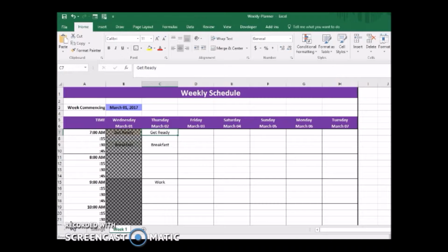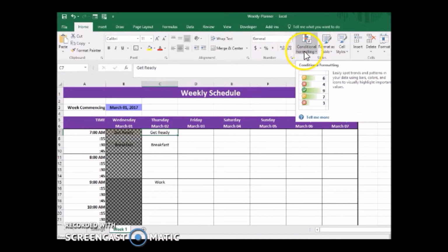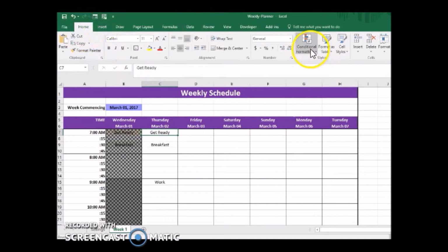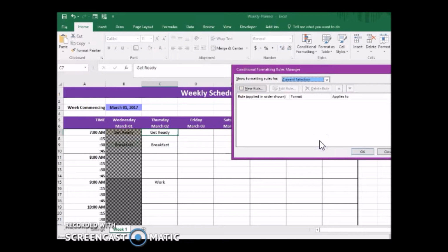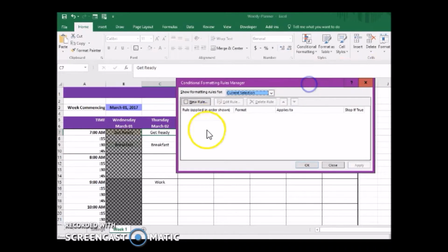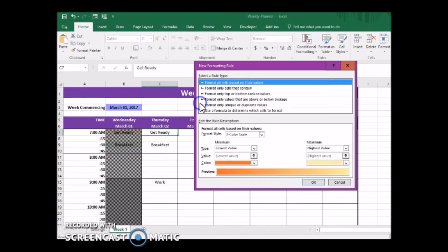Okay, so I'll just go ahead and set it up for the get ready. So you go to conditional formatting, so it's under the home tab, conditional formatting, and what I will do is I will just put manage rules to see if there are any rules. And as you can see, it's empty. So I will put a new rule. Okay, so click on new rule, and I will